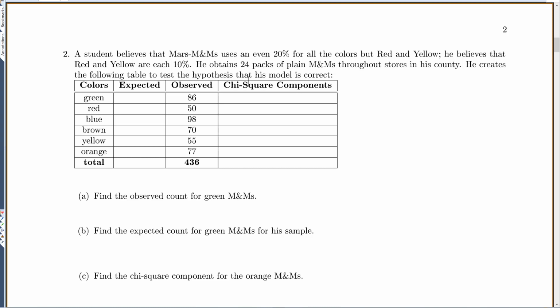So it didn't write it down for us, but notice how it's giving you percentages. When I'm given percentages, I realize it's probably going to be a chi-square test for goodness of fit. Because they're saying we know what we think the percentages should be, and we want to see if the data supports those percentages.